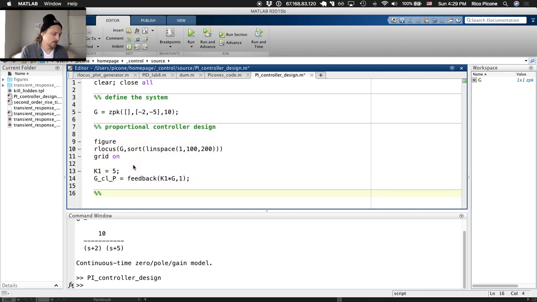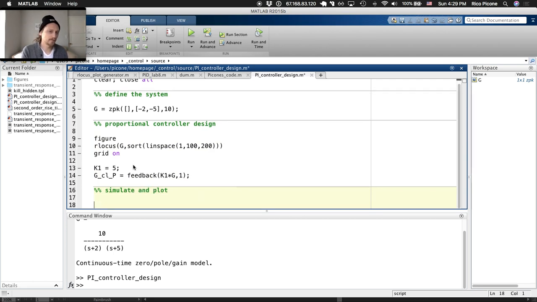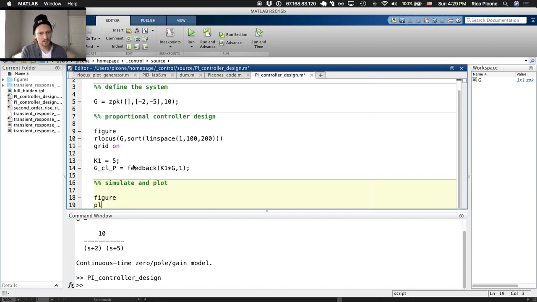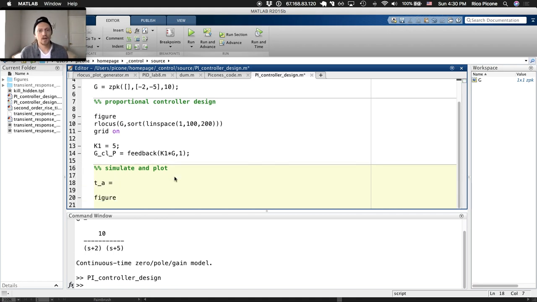And now let's do a little simulate and plot. Well, before we open a figure, let's simulate it. So let's put in a time array, TA. We don't really have an idea on timing yet, like how long something takes. We could do a step input just to see what it does, but let's just guess. I honestly don't know. If I look back at